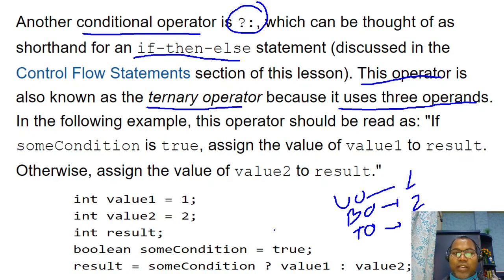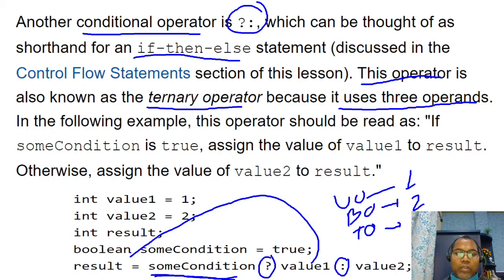So here in the example, this is the question mark, and this is the colon. Here is some condition, maybe a boolean condition, true or false. If this expression is true, then value 1 is assigned to the result. If this condition is false, then value 2 is assigned.